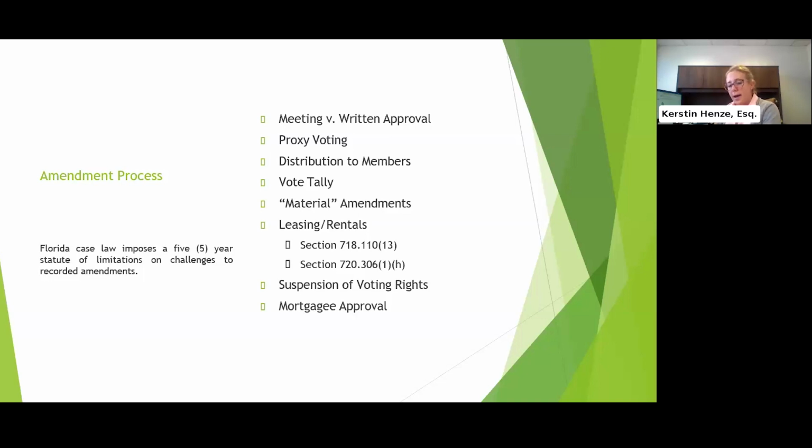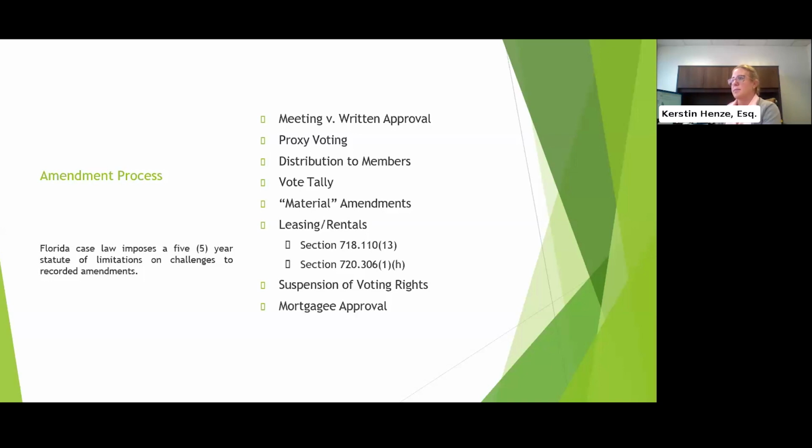You might also have a provision in your governing documents, typically found in the declaration, but your bylaws could have it as well, that says basically any amendment that could prejudice or impair the rights of mortgagees requires the approval of mortgagees.